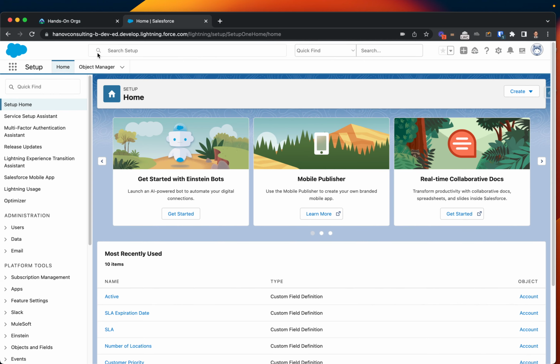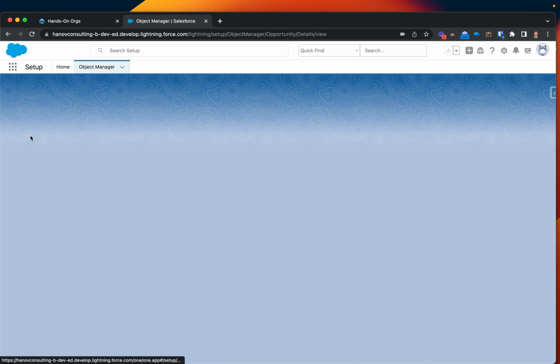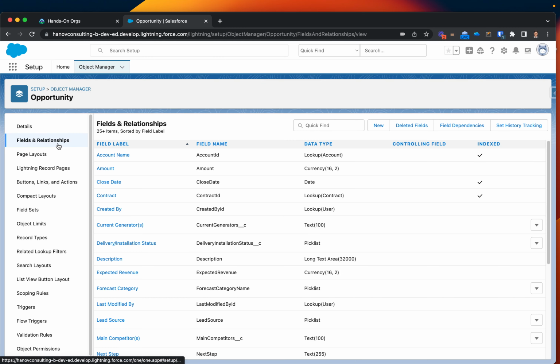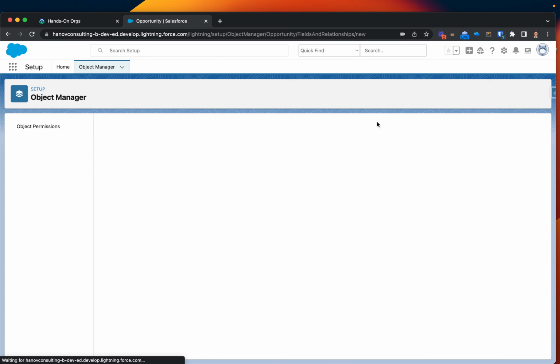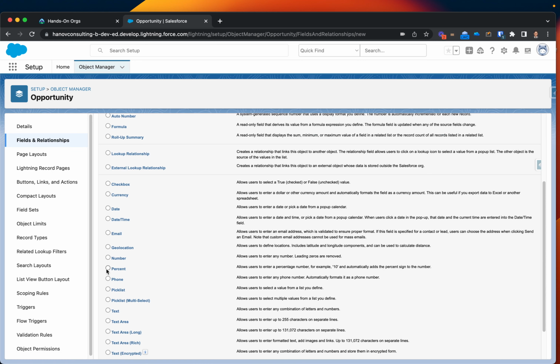In this case, it's my Trailhead org, and I will go to, let's say, which object should I work with? Let's do Opportunity. On Opportunity, which is a standard object of Salesforce, we have so many fields available already. Let's say we want to create one. Let's say it's going to be a new field. We'll make that field as